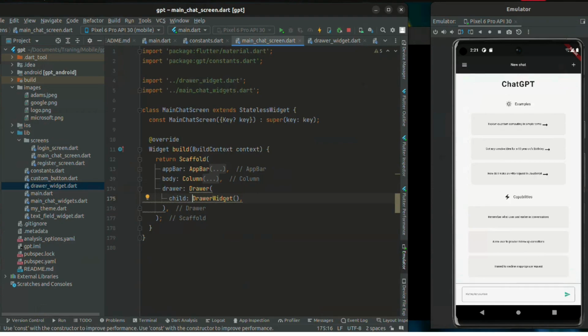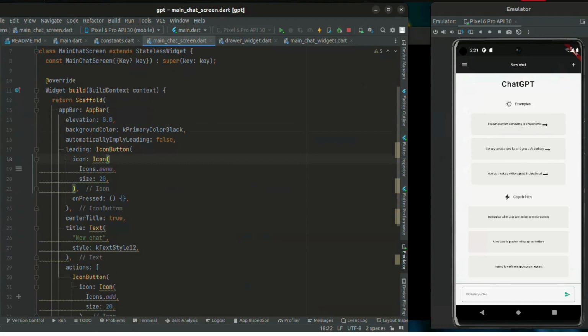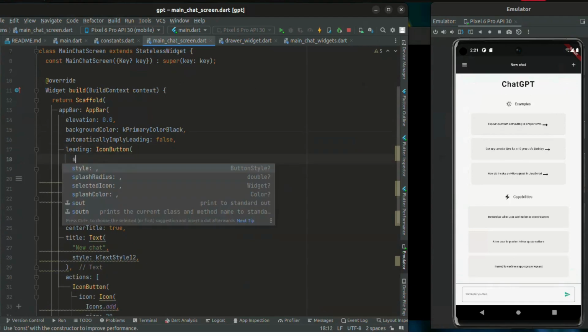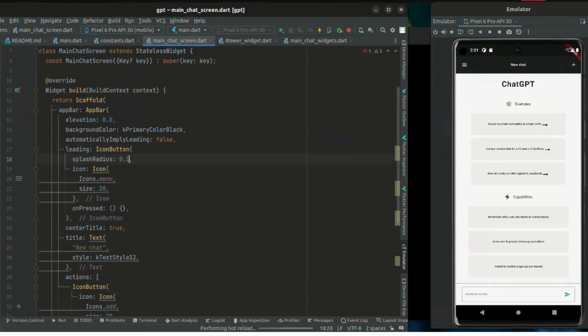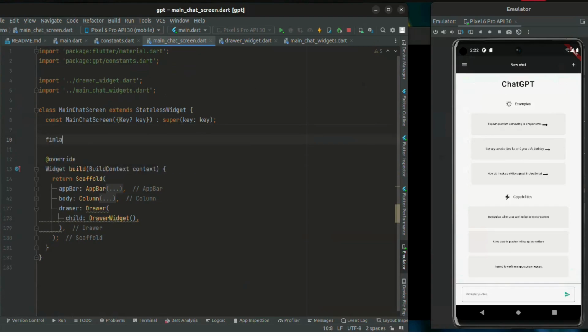Good. So right now, what we have to do is make sure when you click here, the drawer will slide in and then slide out. So what we'll have to do is come back to main. Let me make sure this icon, this splash, so when you click, you don't get that thing. So let's add a global key to this guy. Let's add a global key. Final